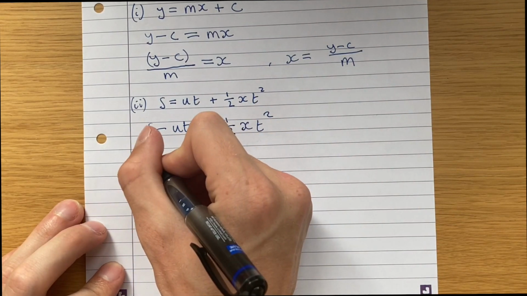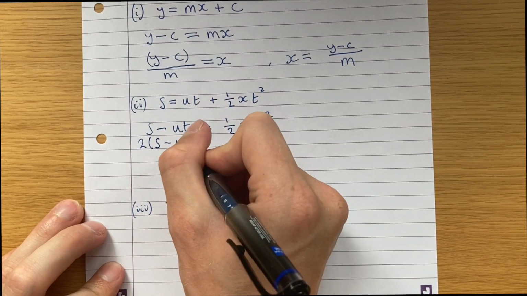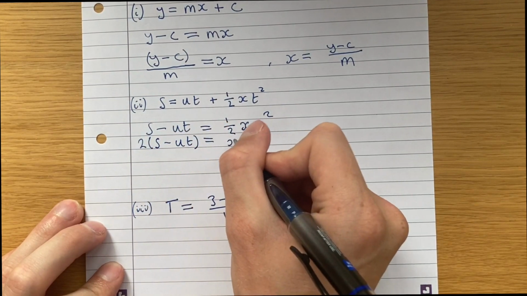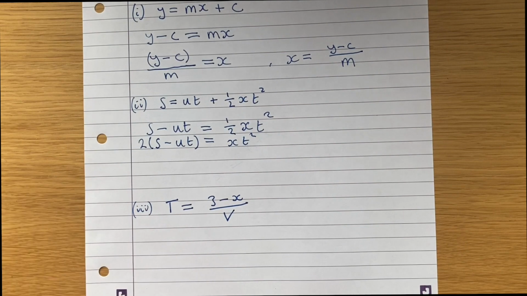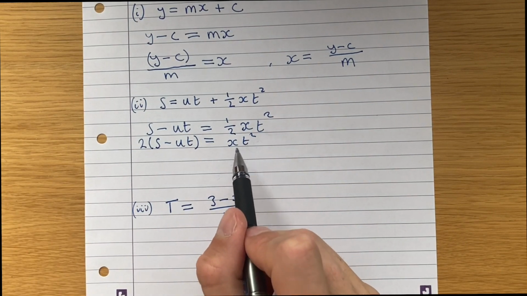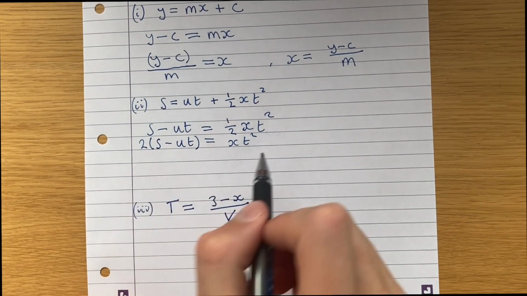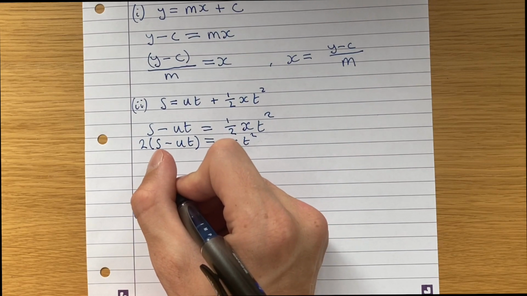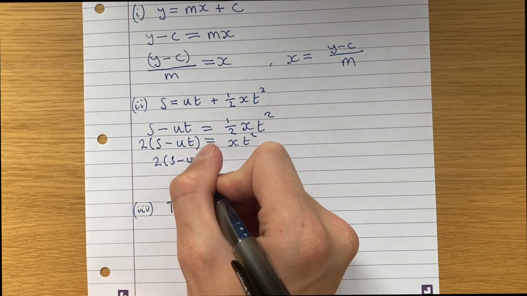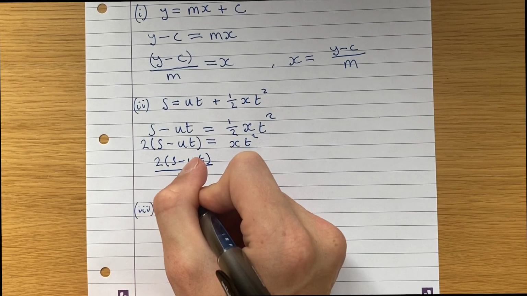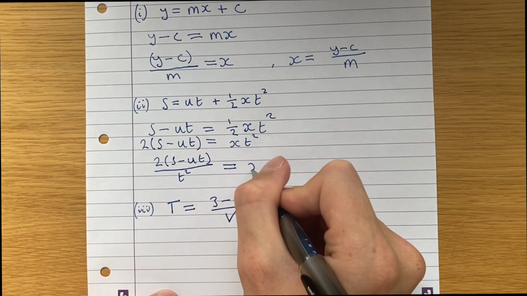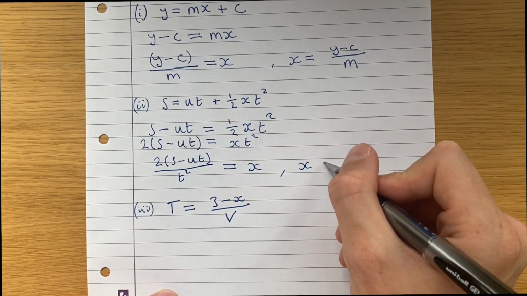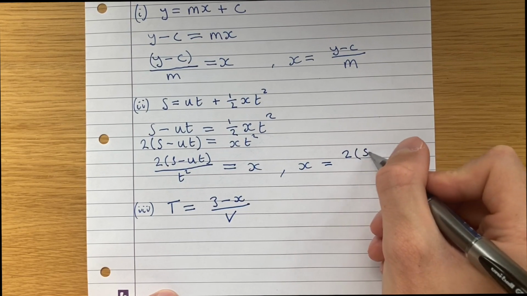So we get 2 times s minus ut is equal to xt squared. And now if we divide everything by t squared, we'll get x on its own. So dividing both sides by t squared gives 2 times s minus ut over t squared is equal to x. And that is our answer. x equals 2 times s minus ut